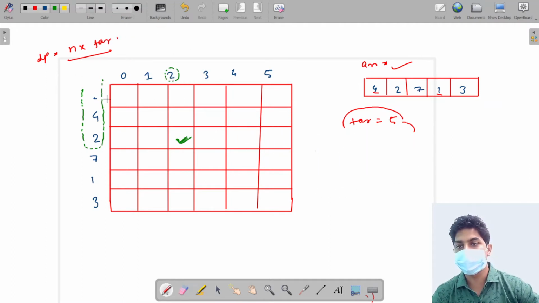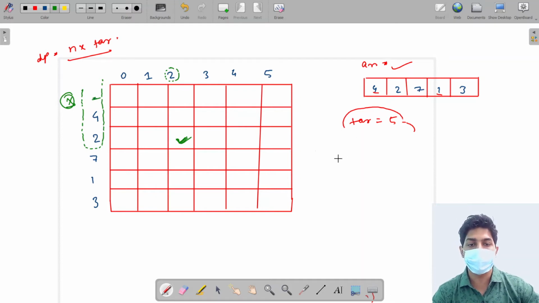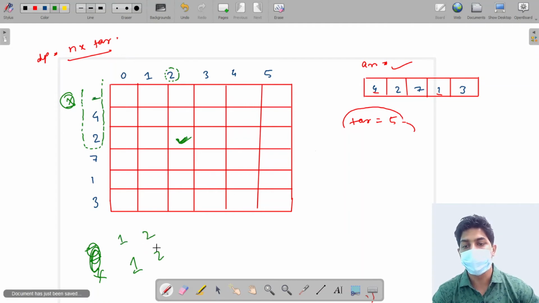Now let's make a dry run and see how this DP table fills. Initially there is no element over here, and we want to make a zero sum. Is it possible? Yes, if there is no element, then the sum is 0. Like if I have a 1 rupee coin, the sum is 1. If I have a 2 rupee coin, the amount of money I have is 2. And if I have nothing, then the amount I have is 0. So yes, this is true.